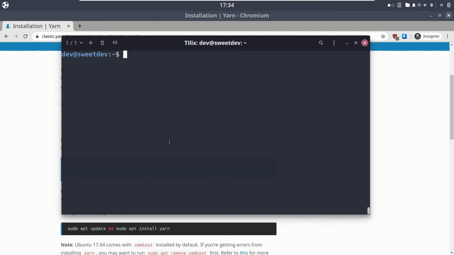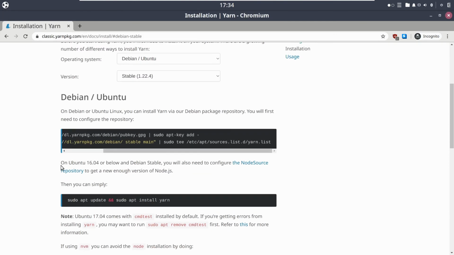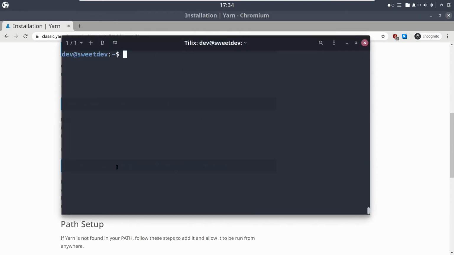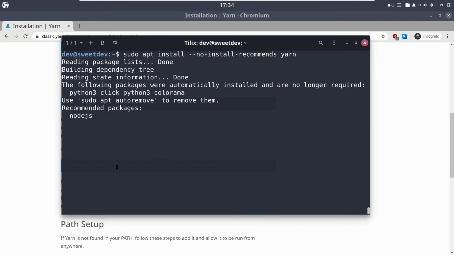And then you say sudo apt-get install. Actually, we're not installing in this way because we have nvm installed, and as you can see here in the documentation, if we have installed nvm, we can install Yarn that way. So we just copy here, paste it, enter it,